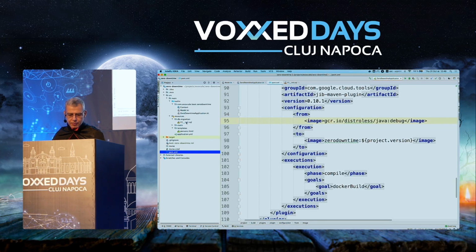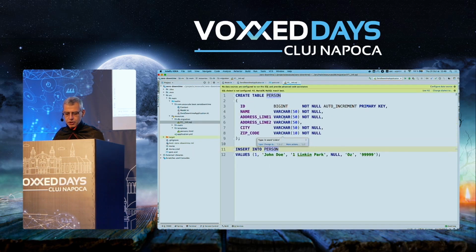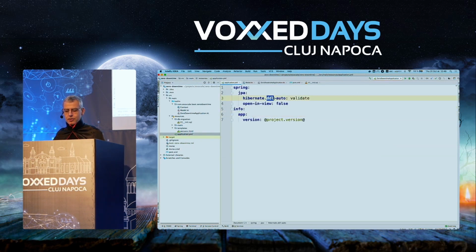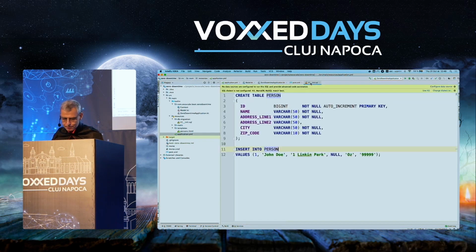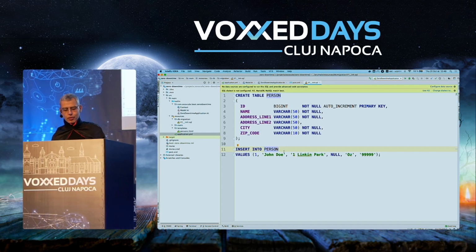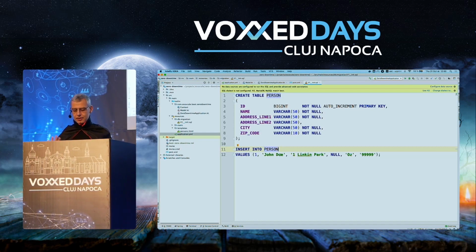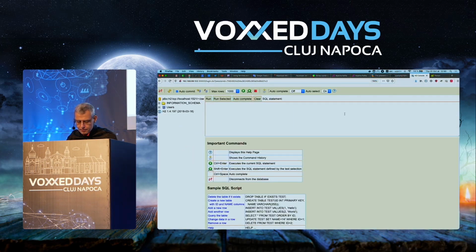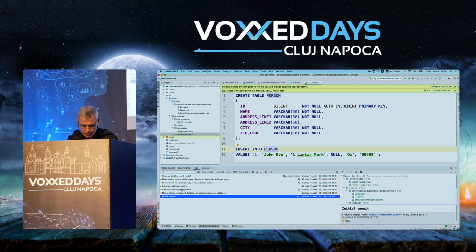As I mentioned, I have created my migration. Before creating my migration, I would just disable the auto generation. And now I have created this migration, which basically creates the schema. So now everything is under my control. I am responsible for that. And because I'm also a bit lazy, I just insert some data to make things easier. Okay. So I already have the, I must show you first the deployments.